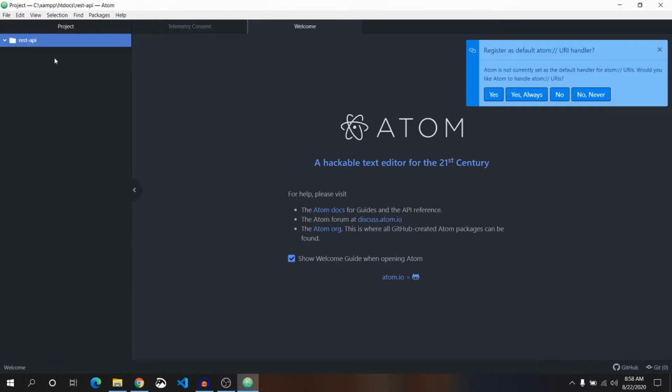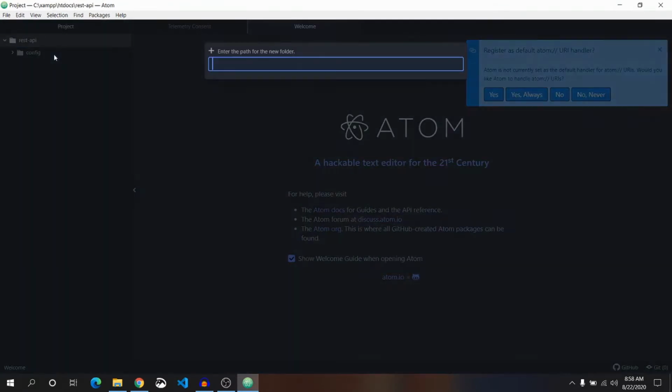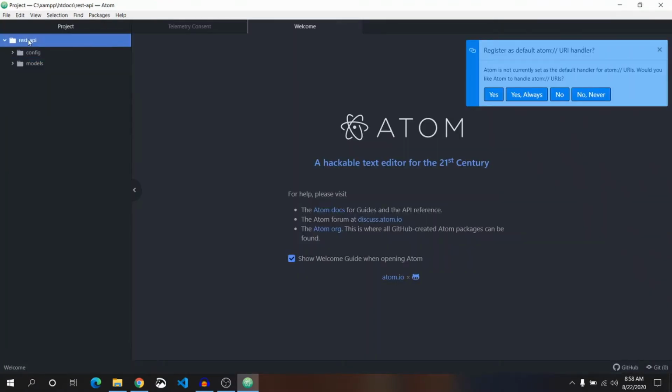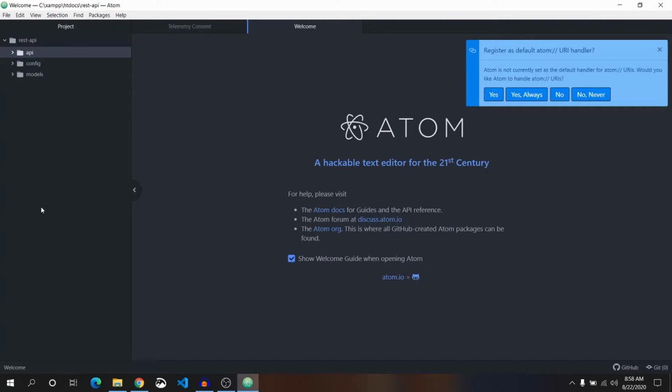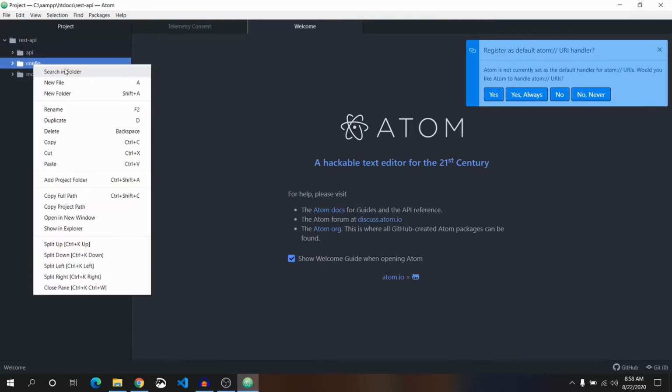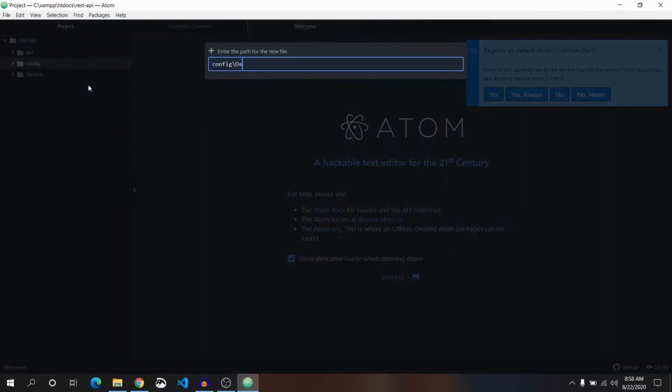Let's create a folder, Config. Let's create another folder, Models. Let's create another one, API. At first, we are going to check for our database connection. Inside config, we are going to create a file